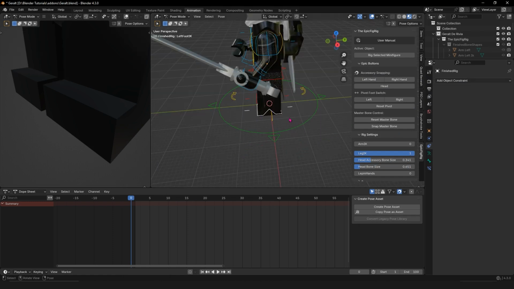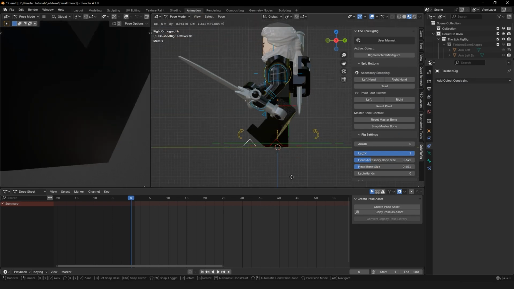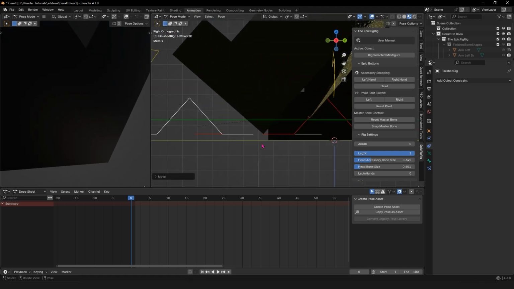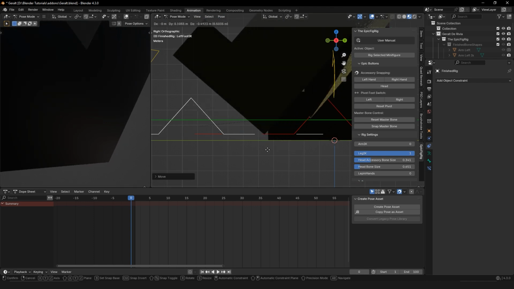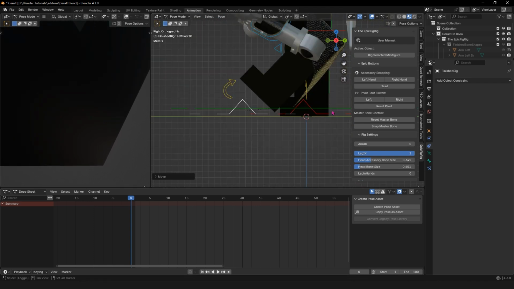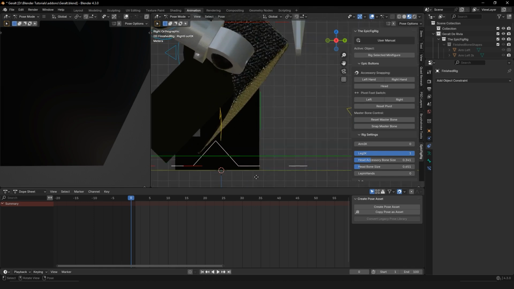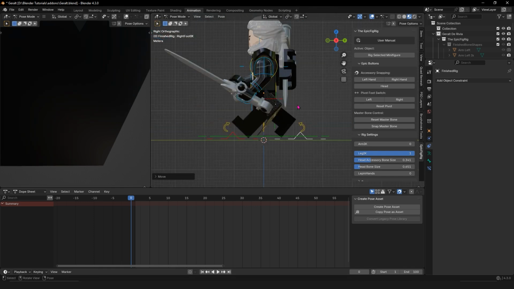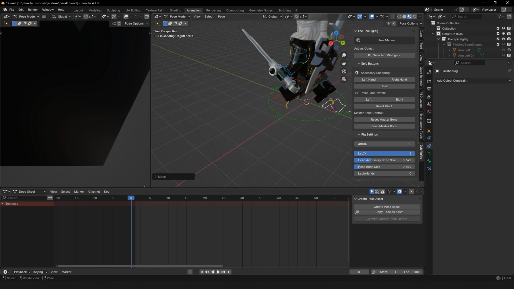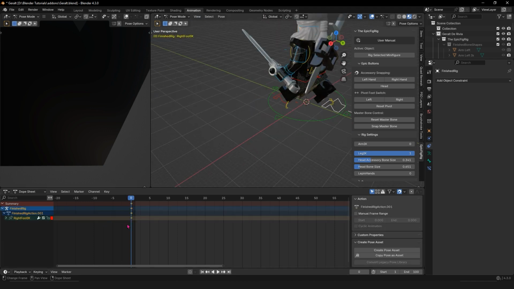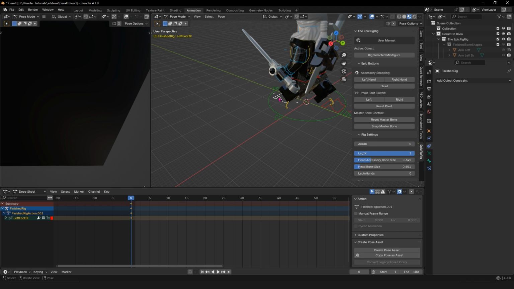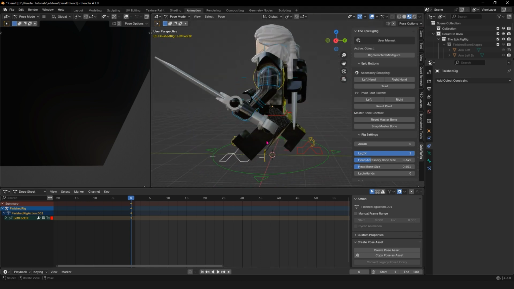So with the left leg selected, I'll go from the side, kind of move it forward. Maybe the leg is off the ground a little bit, like that. I'll take the right leg, move it backwards, so it's also a little bit off the ground. Then I will keyframe, so with the right leg selected, I press I. That creates my keyframes of the right foot, but I also need to create the keyframes of the left foot. So I select the left foot, press I,